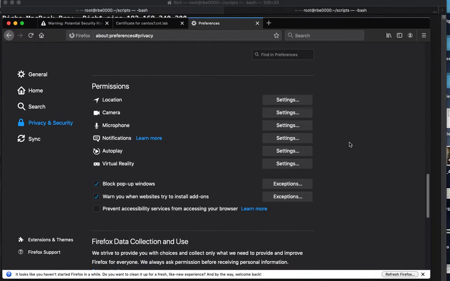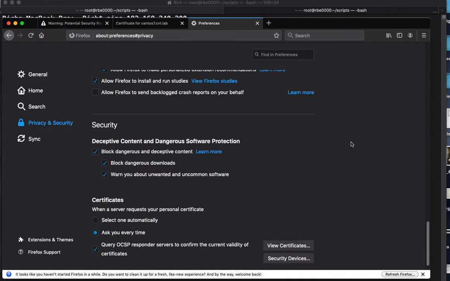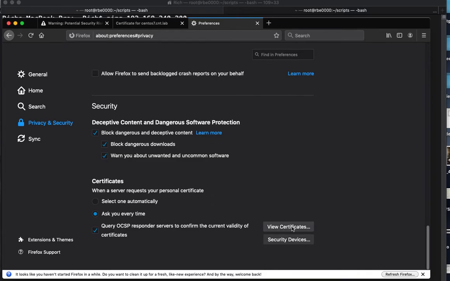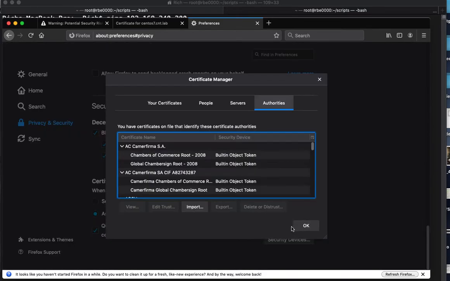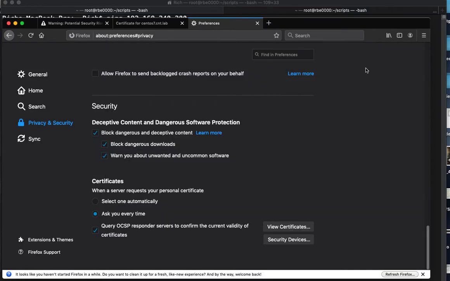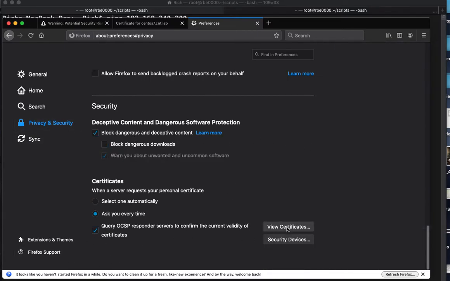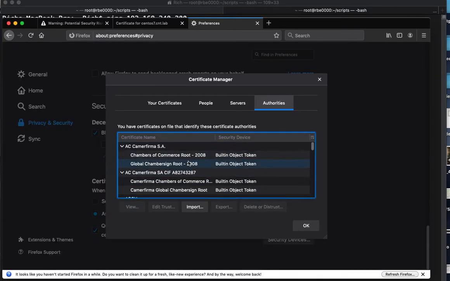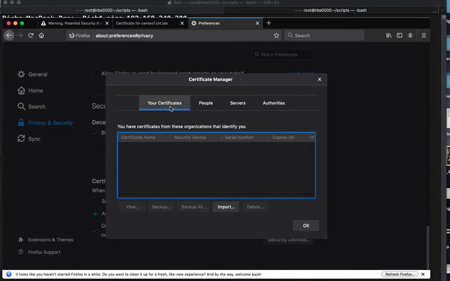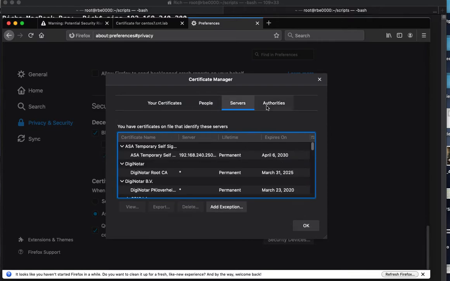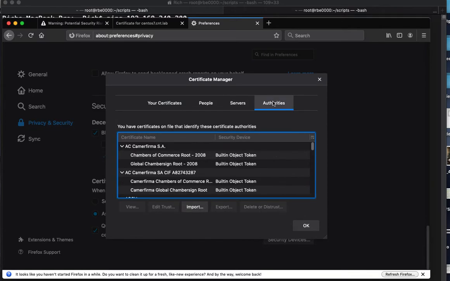Well, you can go look in your browser if you can find them. Where the link is changes quite frequently, depending on which browser it is. I've found it in Firefox. I went to Preferences, then Privacy and Security, scroll down, and then there's View Certificates. There's a couple different places: you have your certificates, people, servers, and then authorities. Authorities is the people you trust. And if we scroll down through here,